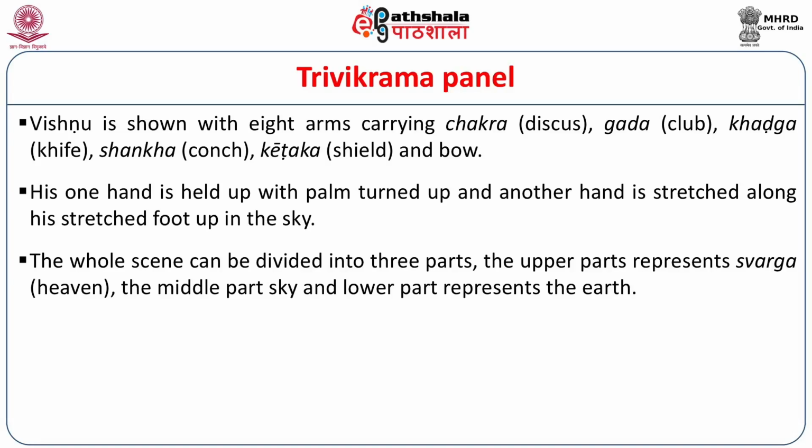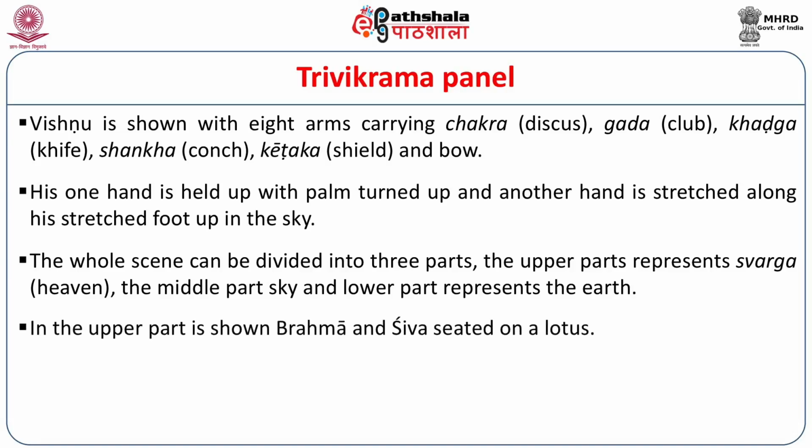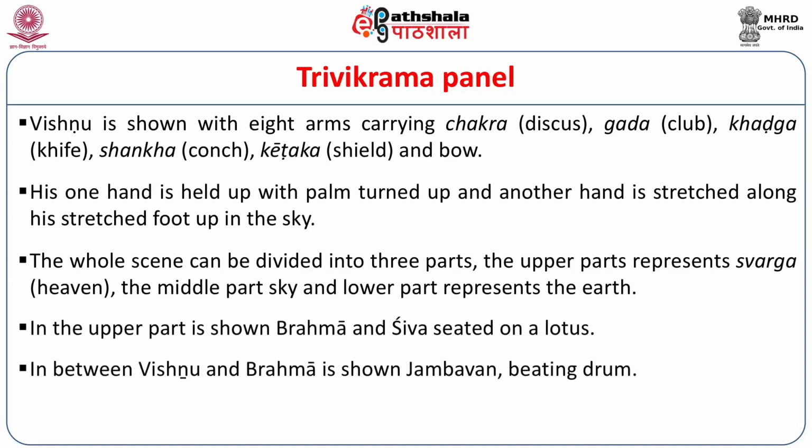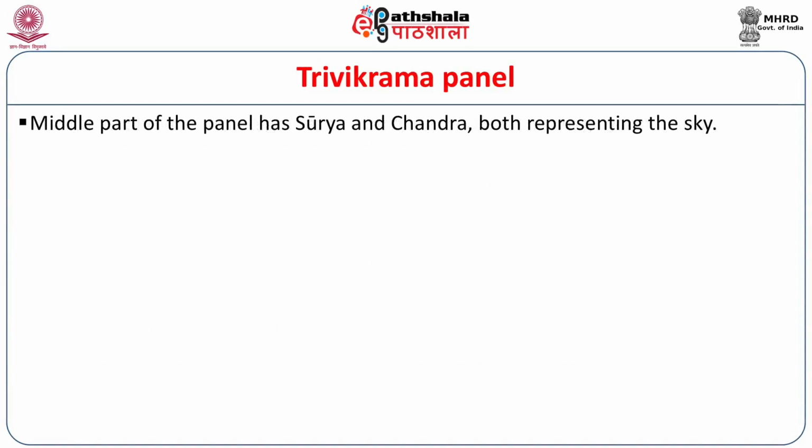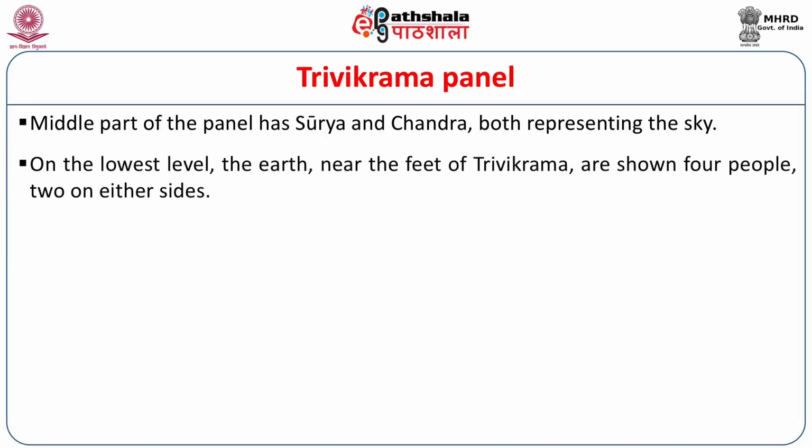The upper part represents the Swarga, the heaven. The middle part, the sky, and the lower part represent the earth. In the upper part are shown Brahma and Shiva seated on a lotus. In between Vishnu and Brahma is shown Jambavan beating a drum. The middle part of the panel has Surya and Chandra. Both represent the sky. On the lowest level, the earth, near the feet of Trivikrama, are shown 4 people, 2